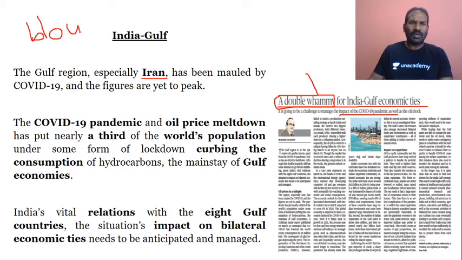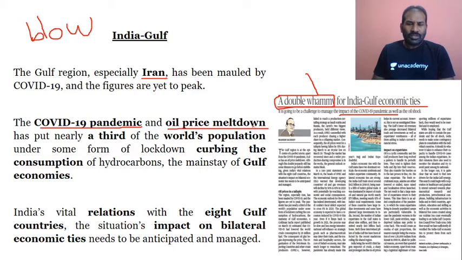So it's a double blow to Iran as such. We will discuss. It's a double blow to almost the Gulf countries. But prior to the Gulf countries, we will go to Iran first, which is badly hit amongst the West Asian countries. So the double whammy has been especially felt by Iran, and this is the one which has been badly hit, because of the COVID-19 pandemic, and the other one is in regards to the oil price meltdown.